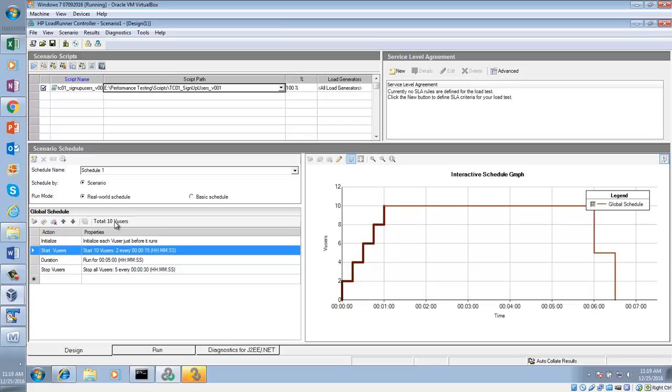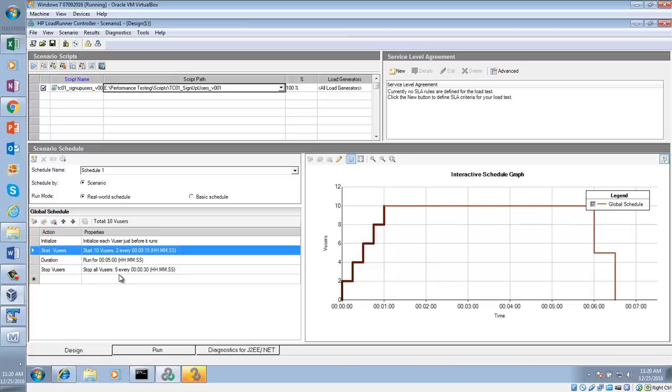Remember, to finish this 100 data, how many iterations will each of the users have to work? 10 times.